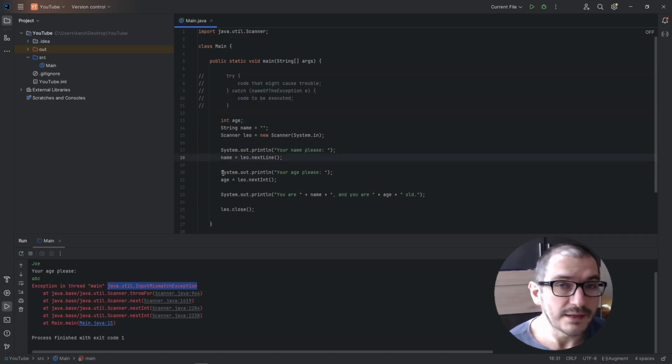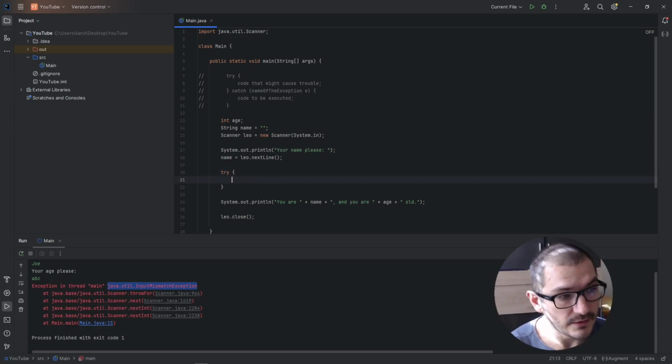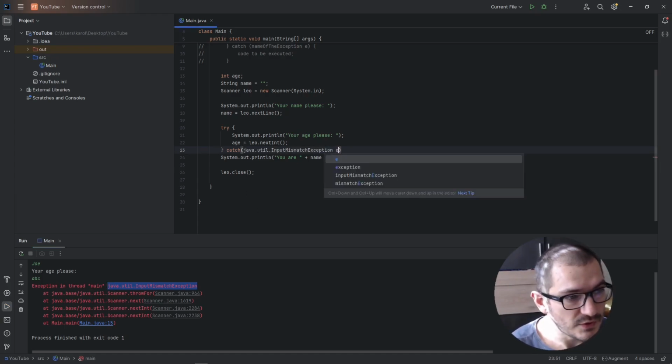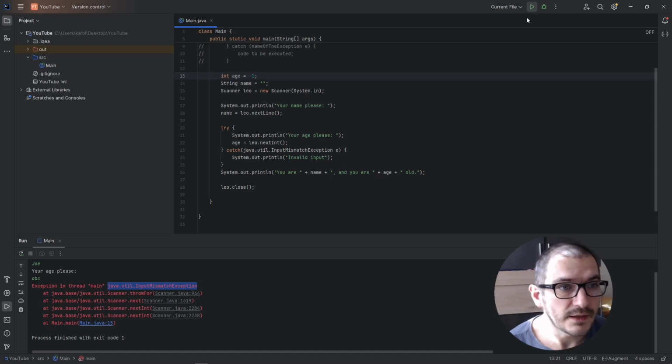So here, the code that might throw an exception was this one. We type in try, curly braces, the code, and the exception we want to catch is this one. Just copy it in here. We call it exception or E. You can give whatever name you want. And in curly braces, we're going to type invalid input. Now I also have to give an initial value here, say -1. And if we run this,